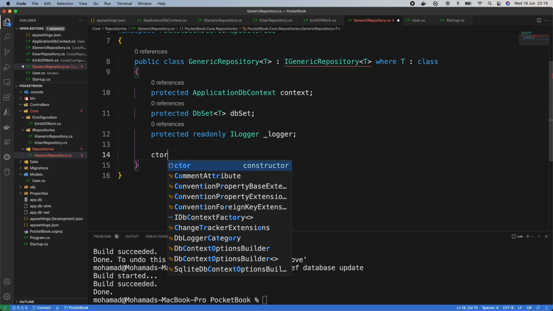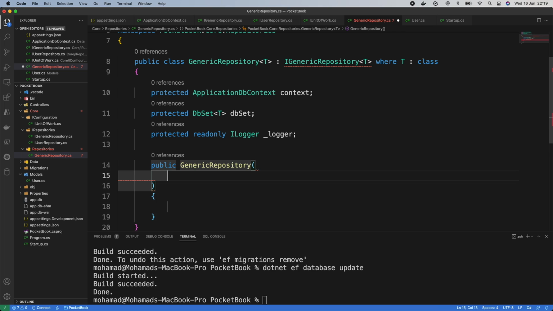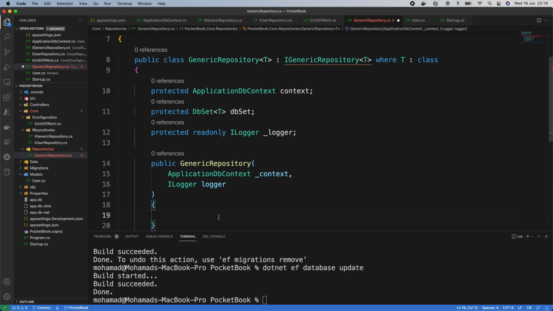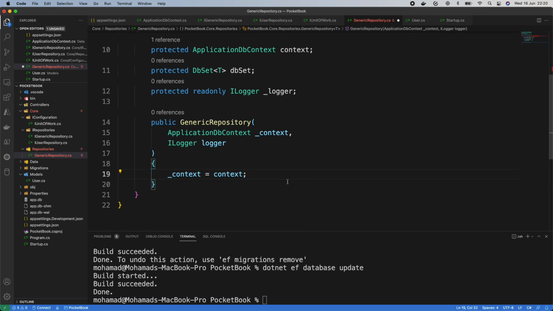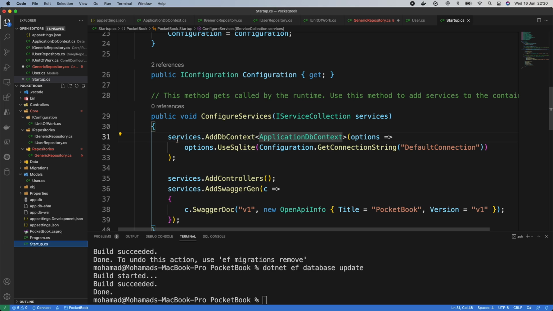First we're gonna be initializing the ApplicationDbContext, and it's gonna be _context, and then we're gonna be initializing the logger. So logger, and then basically it's gonna be _context equal context. We're just doing all of the required setups for the dependency injection for it to work, because right now the ApplicationDbContext is added to our dependency injection because we have automatically wired it up inside our startup class with